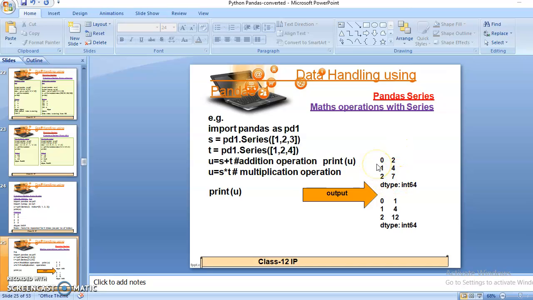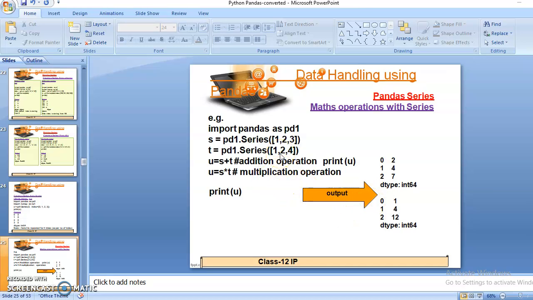Students, you know that when we add two series, it creates a third series, because the series addition is stored as a series also. Here we can check, and 0 1 2 is the index of the result series. Now after that we can check the multiplication operation on both series.